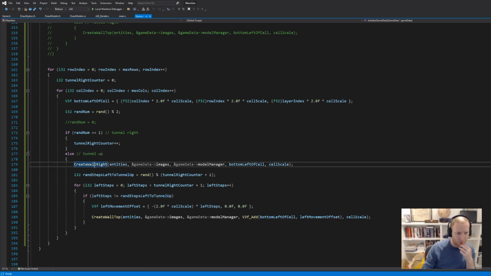So if we tunnel up, we create a wall on the right hand side, and then we say random steps to